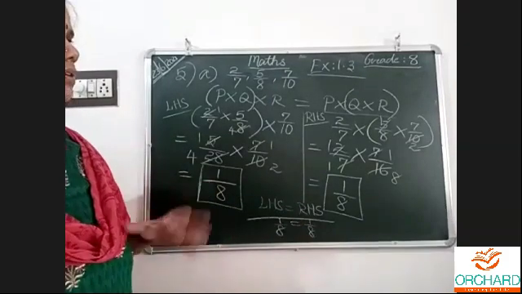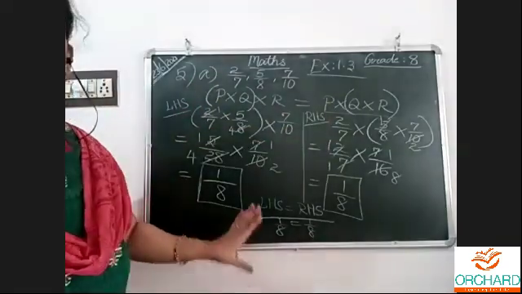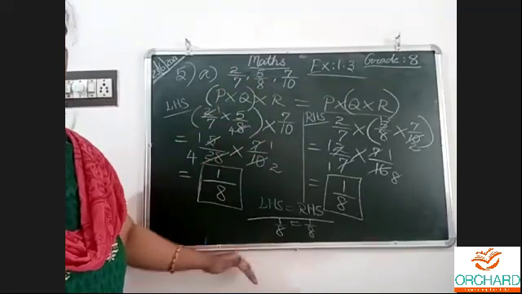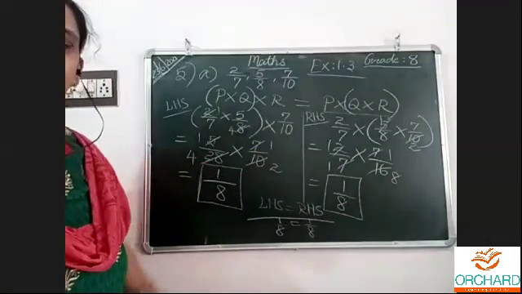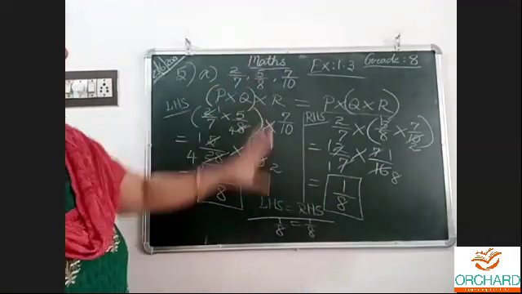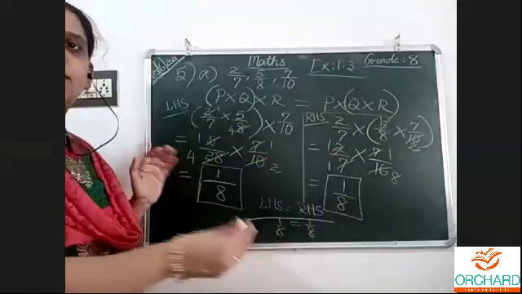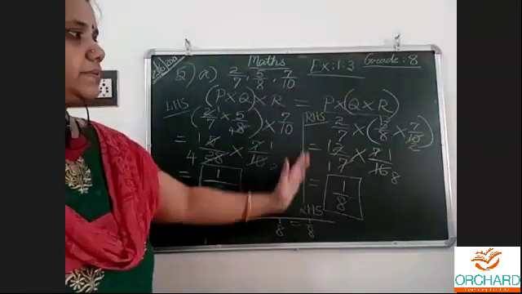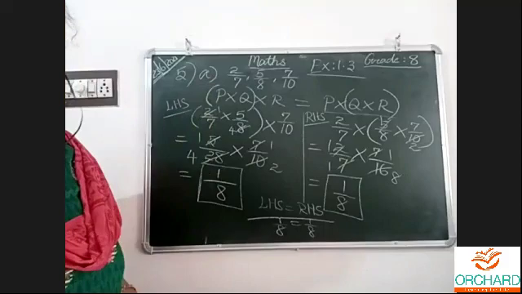Okay? In your notebook, in your exam, first prove the left side. Below that, prove the right side. Okay? 1 below 1, you must do. Right side, you should have a rough column only for solving. Since it is a board and I want to show you both the sides together, so I have divided. You must do 1 below 1.